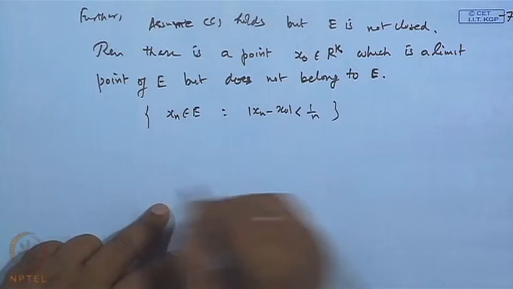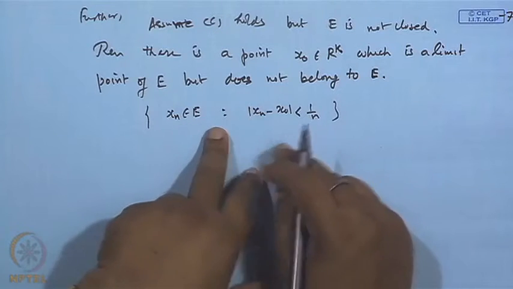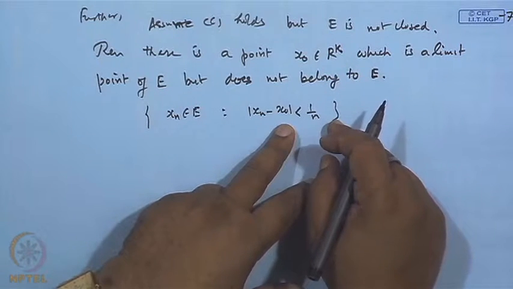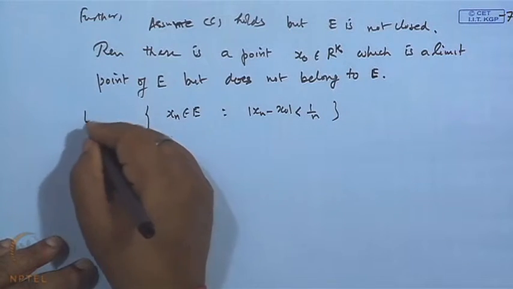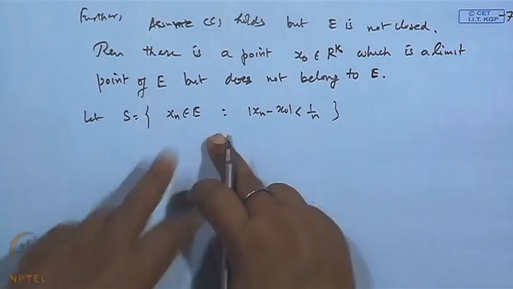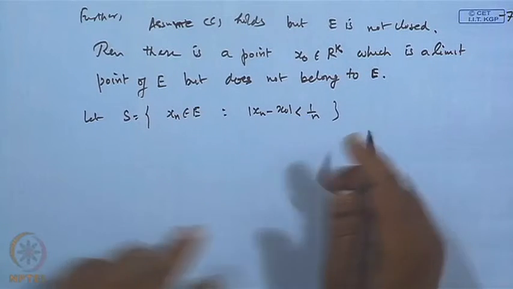This collection will be there, is it not? So, the set of all points E which satisfy this sequence condition will be obtained via this. Now, let us find S. Let S be the set of those points which satisfy this condition. Okay. We claim